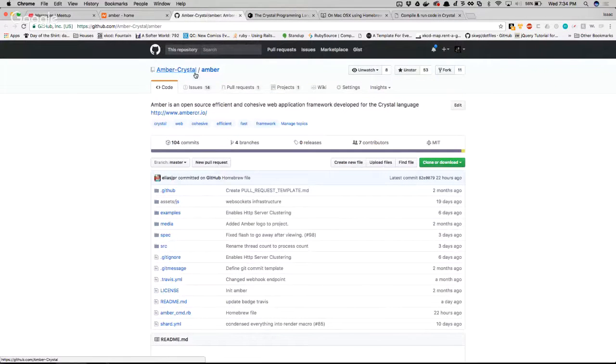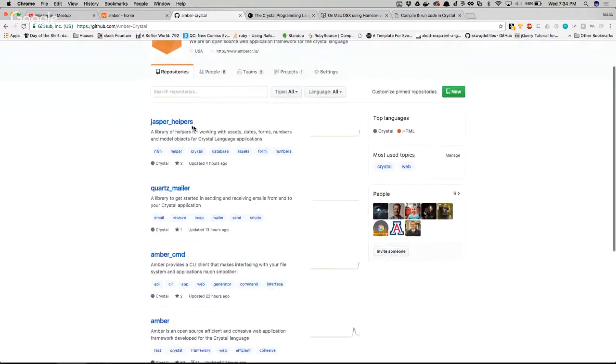Here we have Amber Crystal Amber. Under this project, we actually have helpers, which are a pretty good start for all form helpers, what we're familiar with like form_for, and the ability to go through and add all the fields inside of a form and have some kind of validations on them. That's especially useful for CSRF and checkboxes and the hidden method for puts and patch and all of that. So that's coming along nicely. That hasn't actually been added into the command line yet.